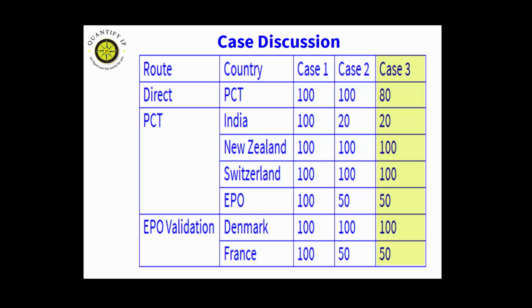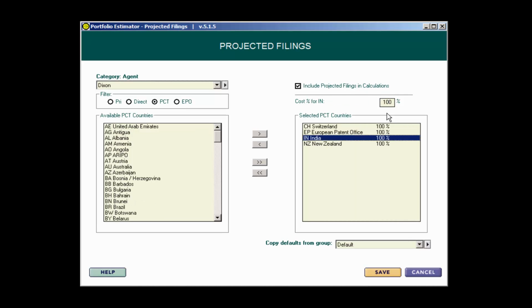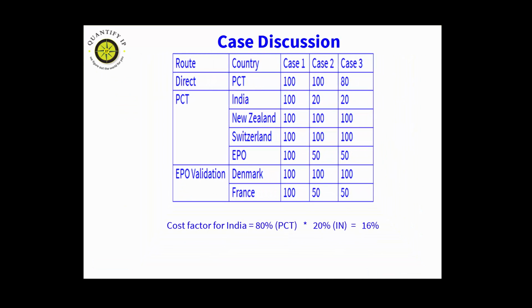Case number 3. In this example, let's suppose that you only file to the PCT 8 out of 10 times. You would want to set the PCT cost percentage to 80%. If you then nationalize in India 20% of the time, file with the EPO 50% of the time, and set cost percentages accordingly, then the cost factor for India would be at 16%, 20% of 80%,